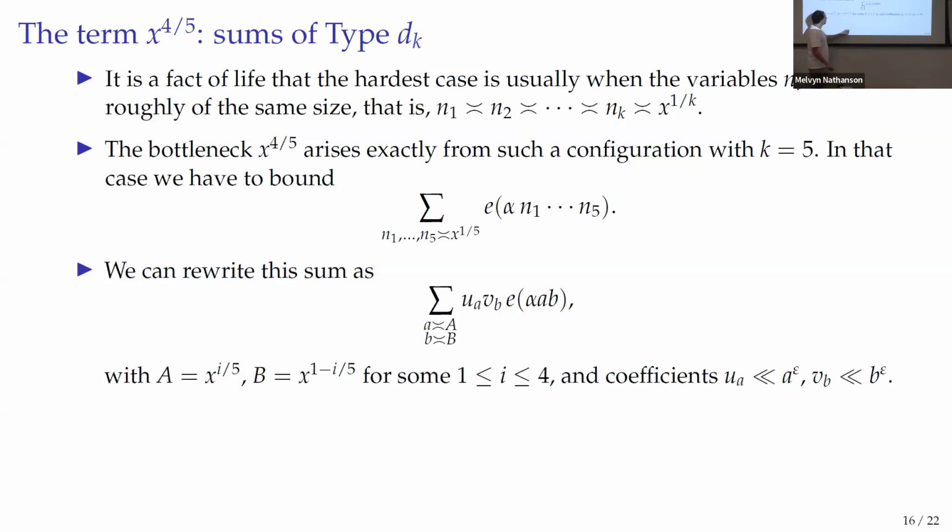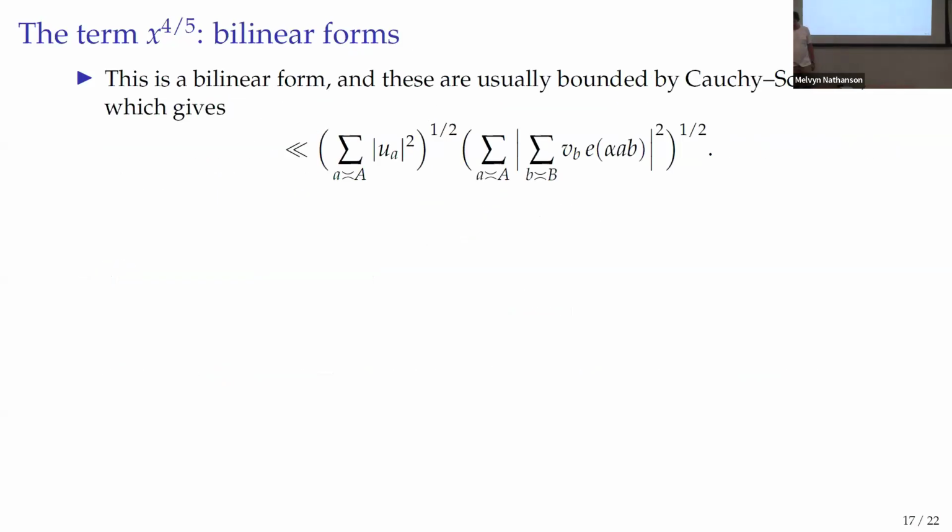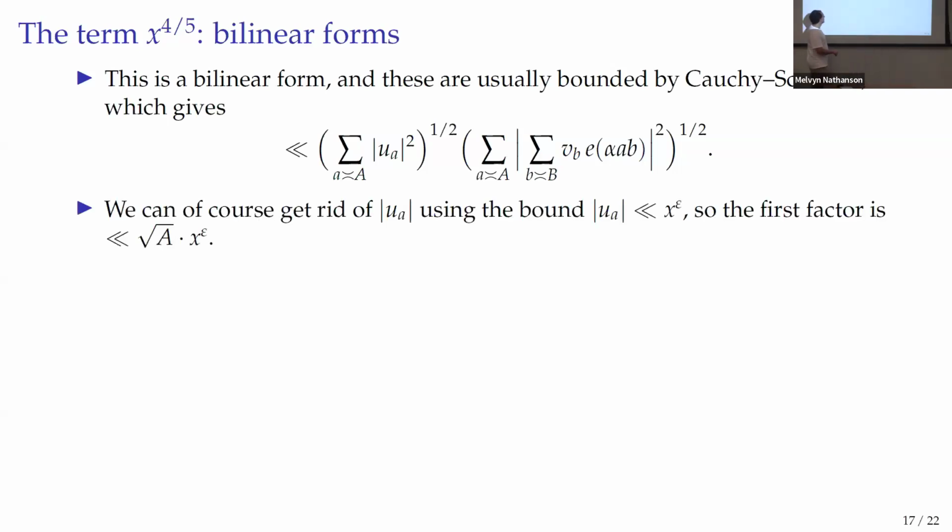You have a bilinear sum, you Cauchy-Schwarz. What's the point of Cauchy-Schwarzing? You can sort of replace this by a smooth coefficient. That's kind of like a majorant principle. So we're going to get cancellation in this by applying Cauchy-Schwarz. And you see that's kind of a majorant principle because now the sum over A is smooth. Before it was complicated, and now it is smooth. So this is the advantage of Cauchy-Schwarz. But the price to pay is that I increase the complexity here.